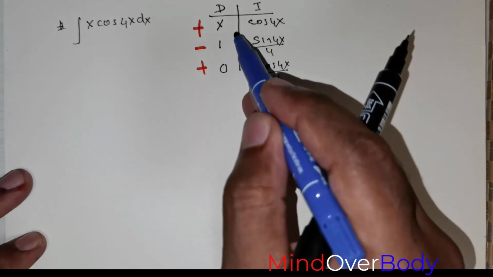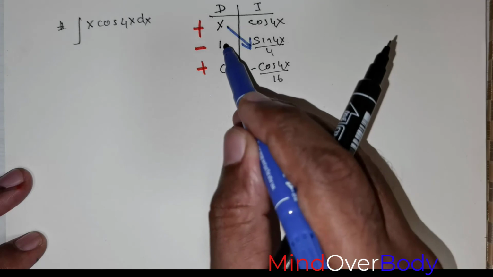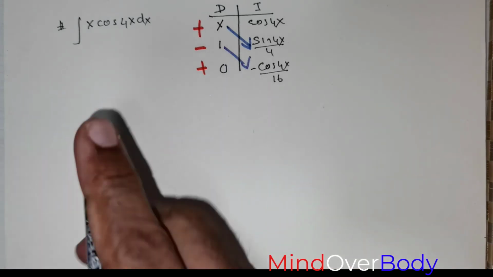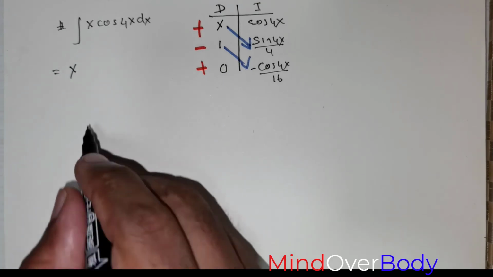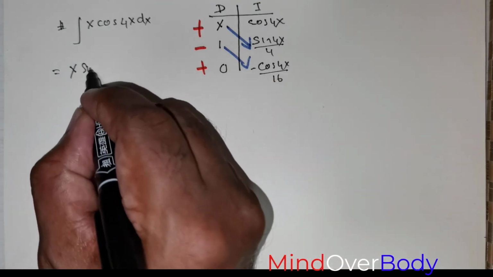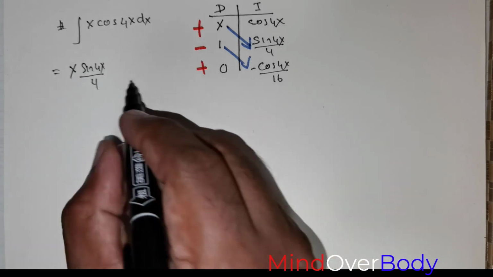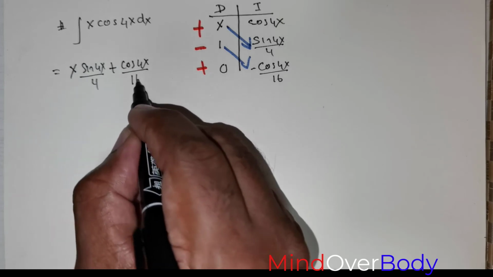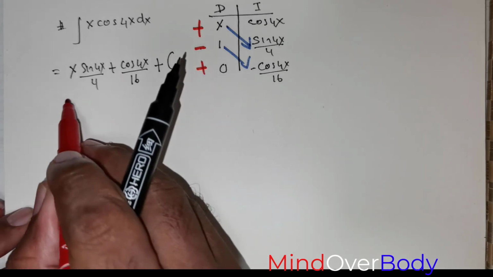Then I perform the mapping, x goes with this term, negative 1 will go with this term. So this is equal to x times sin 4x divided by 4, negative, negative, positive. So this is going to be cos 4x over 16 plus arbitrary constant c,